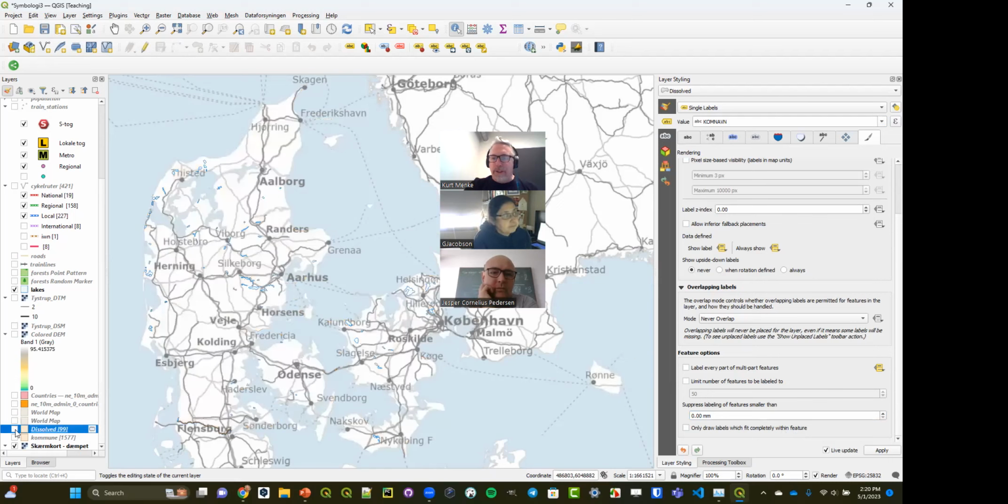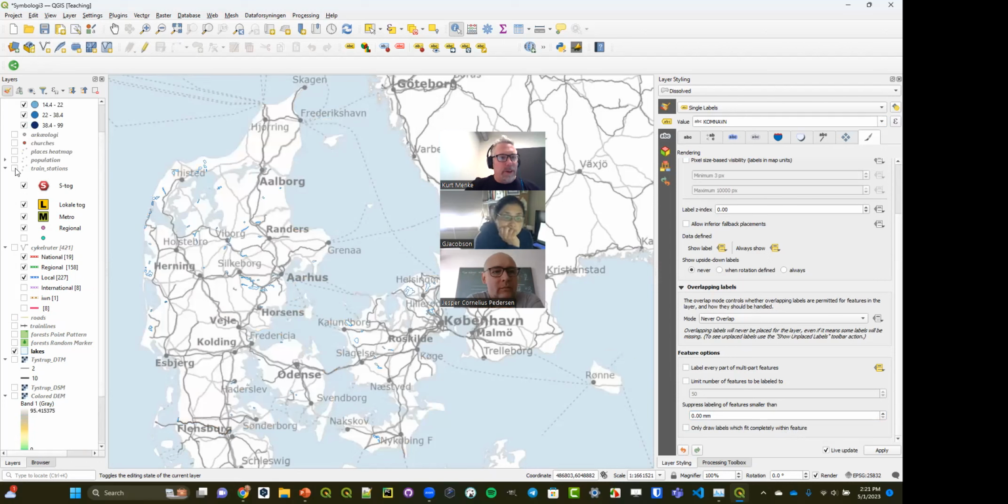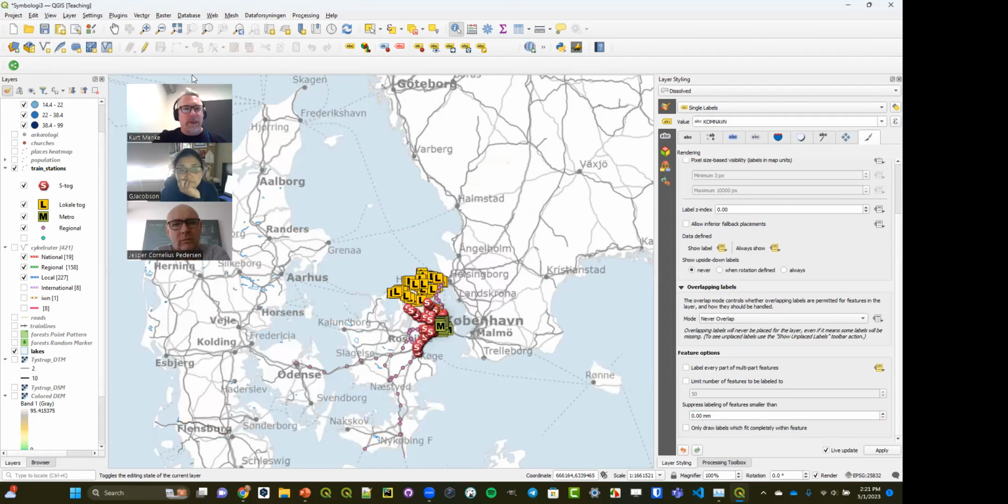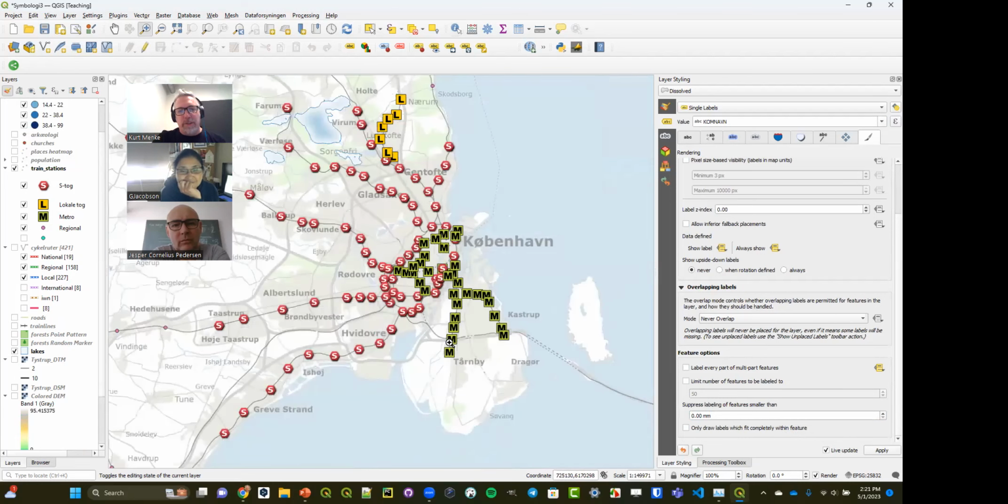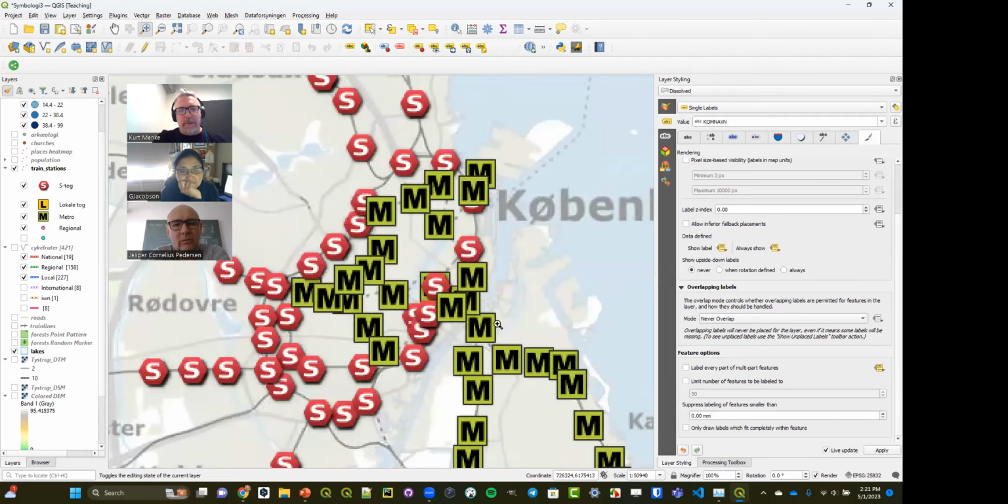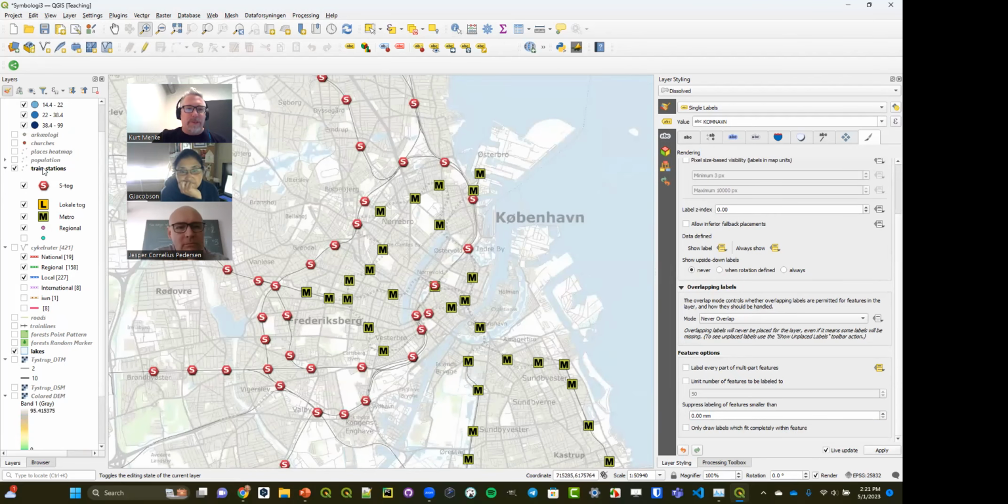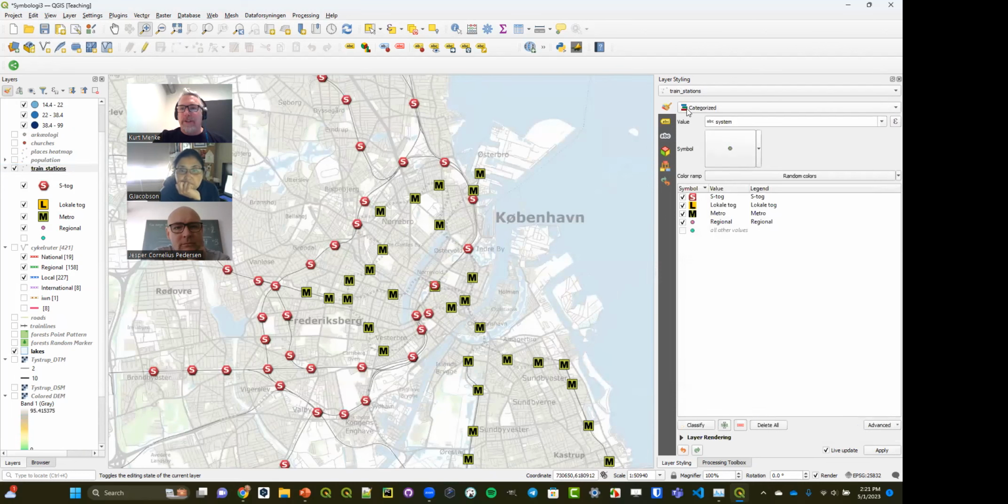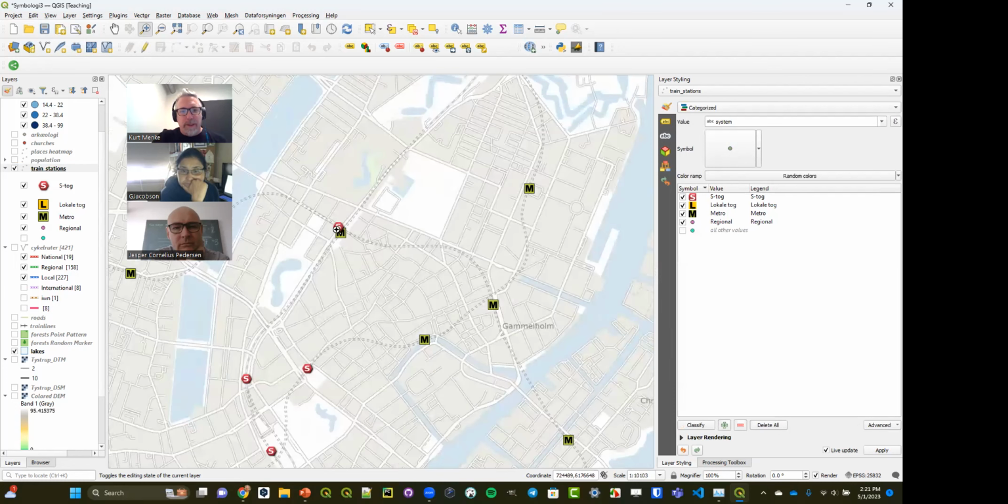So that's that. The other thing, you had wondered about this layer of train stations where we had this categorical renderer for train stations where we gave a different symbol for S-tog versus lokal tog versus metro. And as you know, some stations are used for more than one system, like Nørreport. We can see that right here. We can see there's